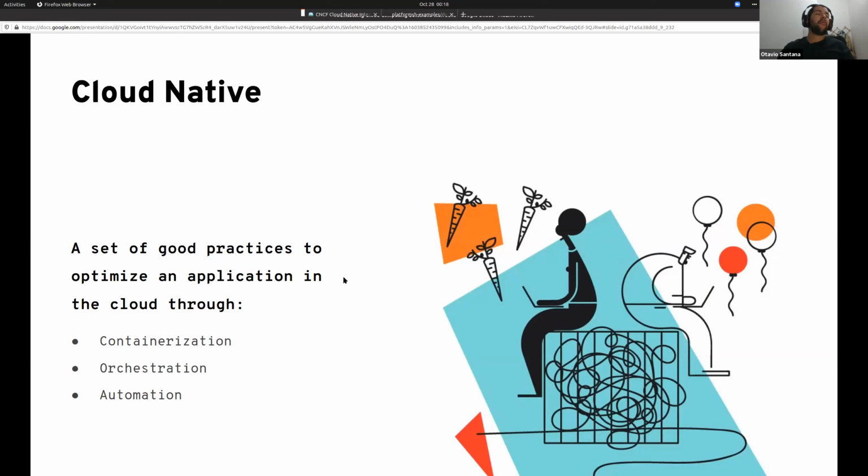After I read several articles, books, and definitions about cloud native, I decided to create my own definition. To me, cloud native is a set of good practices to optimize an application in the cloud through container orchestration, where orchestration is one way to manage your containers, and automation, right? Because we still need to have CI/CD.